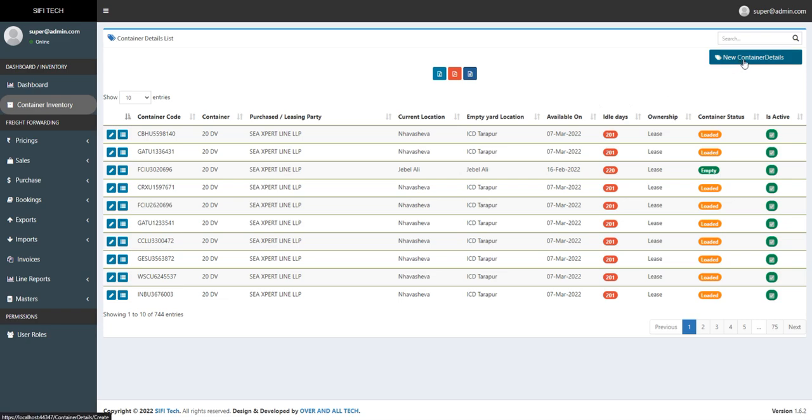On top right here, you can see there is a new container details button which allows you to create a new container. Above that, you can see a search bar where you could search any container based on any character or string you remember. So for example,